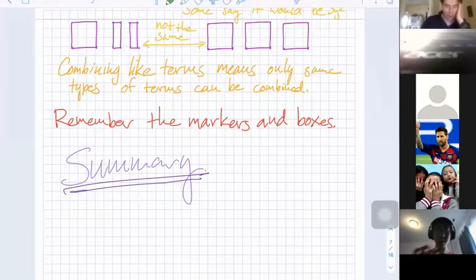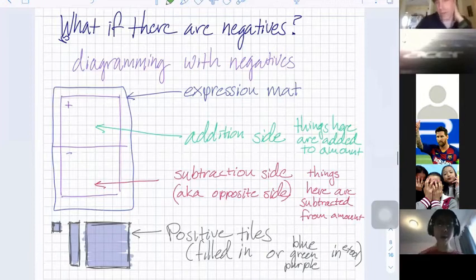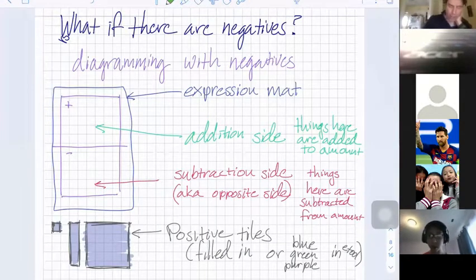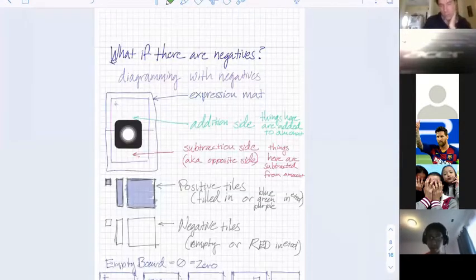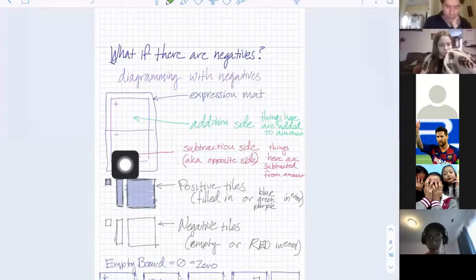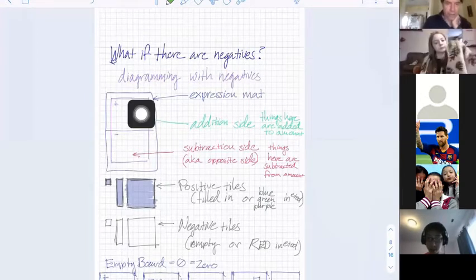Question, or next part. So moving on down, what if there are negatives? So this is 213. This is where we started talking about adding and subtracting and positive and negative variables. So here is our expression mat. This is when we first got introduced to the expression mat, and it's this whole thing. We see the addition side is the side on the top with the plus sign, and the subtraction side is